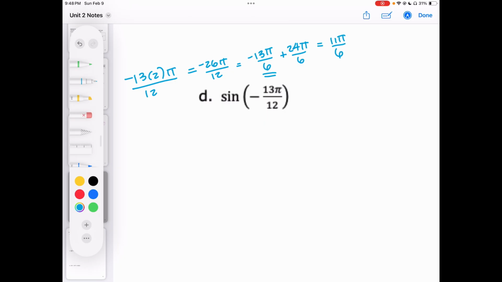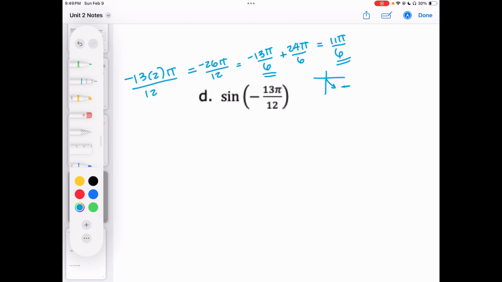Okay. And if I am not mistaken, we did that one earlier already. We did. Yep. But now we're doing it for sine. So all of that is to say that we are working with 11 pi over 6. 11 pi over 6 is over here in quadrant 4, and sine is going to be negative. Okay. Now, for our sine equation, we will go ahead and plug in